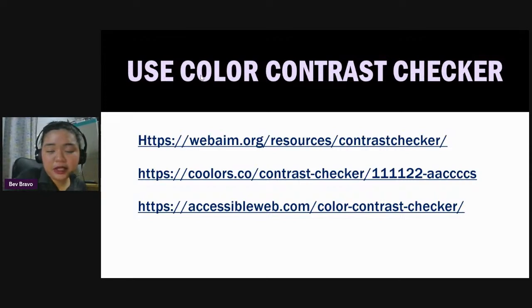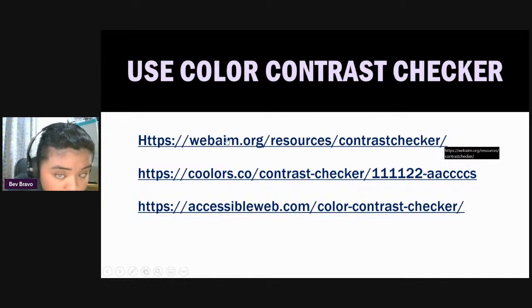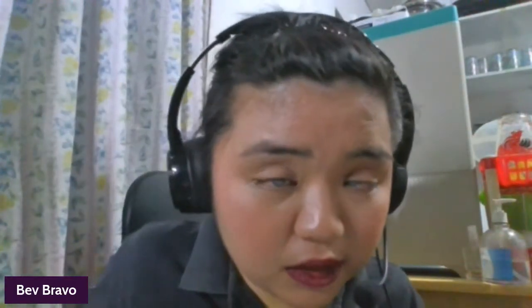But let me show you um, an example. So let's have the first one. So the first one here is uh, okay. We have the web aim, I think. The first one is the web aim. Yeah. Okay. So let me unshare my screen for a bit and share my browser. Okay, sige. Give me a sec for that. So let me share my browser for you to see it. Okay, wait lang. Okay, so I'm gonna share my Microsoft Edge. Okay,